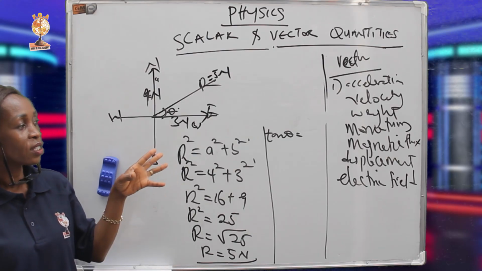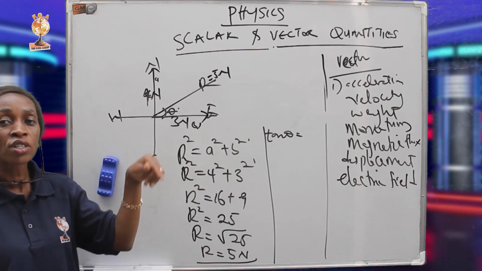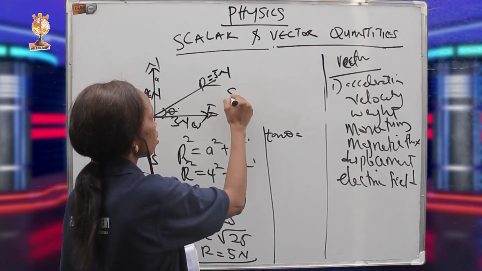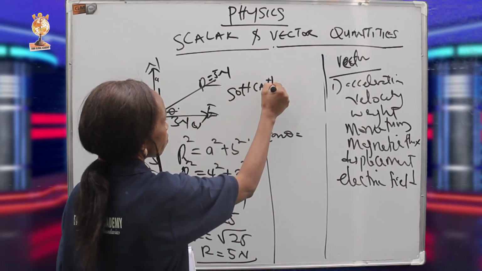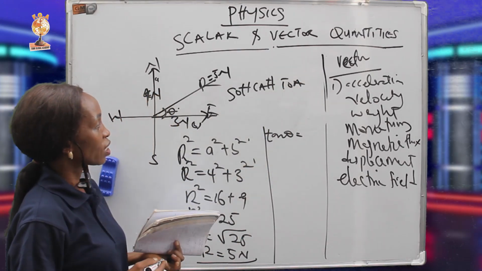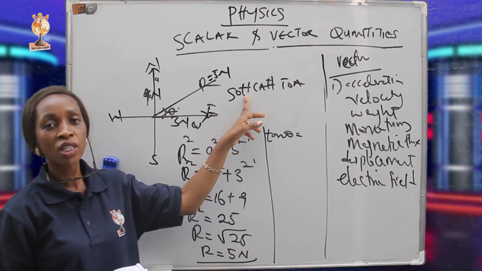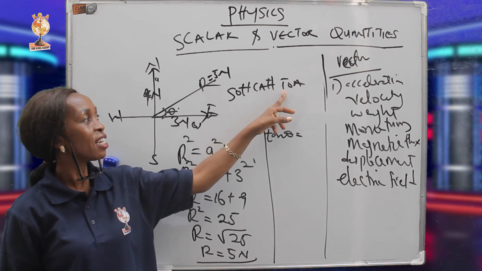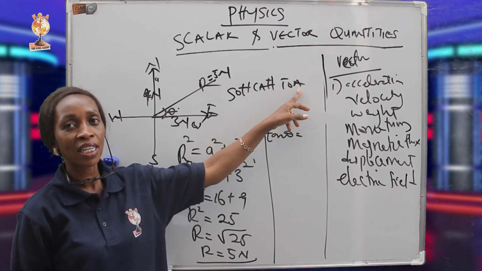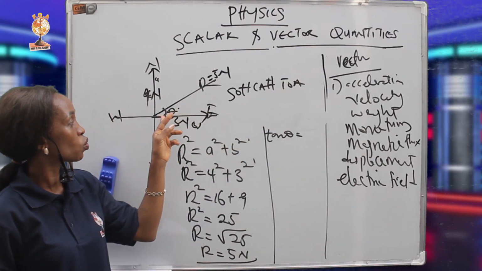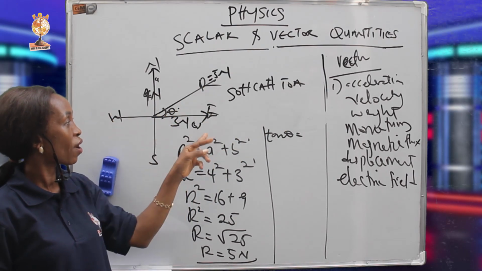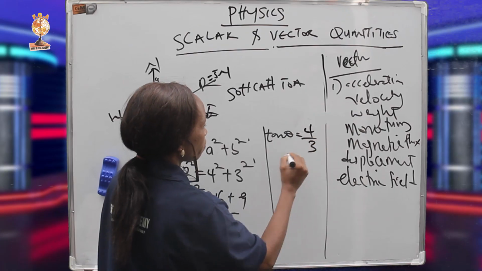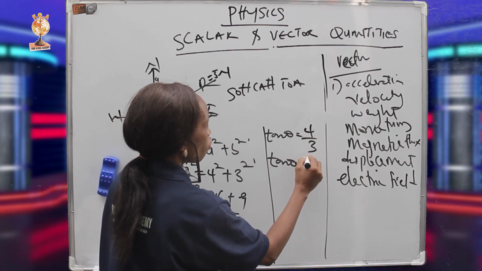SOHCAHTOA. The TOA is the tan, which is opposite over adjacent. That's supposed to be in mathematics anyway. Sine is opposite over hypotenuse. Cosine is adjacent over hypotenuse. Tan is opposite over adjacent. The side facing the angle is the opposite. So tan theta is equal to 4 over 3, which is around